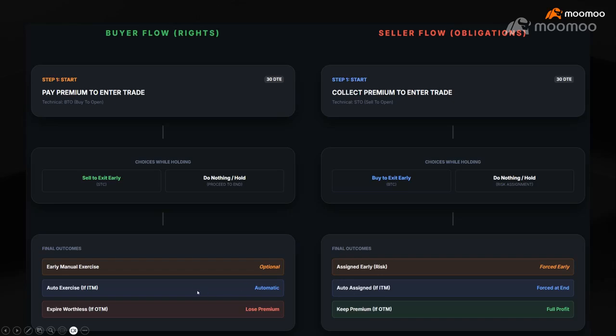Say, for example, this option is in the money and the holder has the right to buy. Then you get auto assigned, and you just sell your underlying. But if you don't have the underlying in your portfolio to sell to the buyer, you will be entering into a short position at the strike price. But if you don't have the buying power to maintain the short position, it's the same.